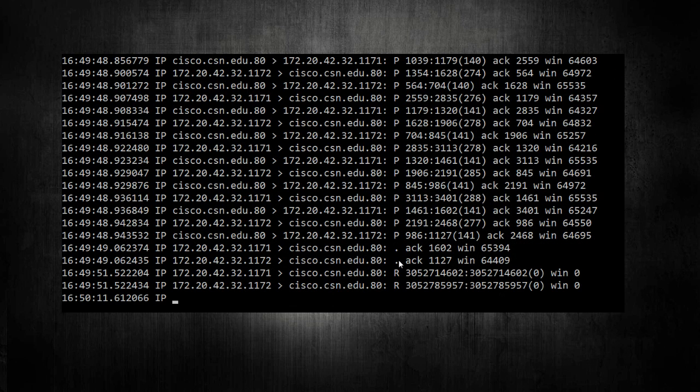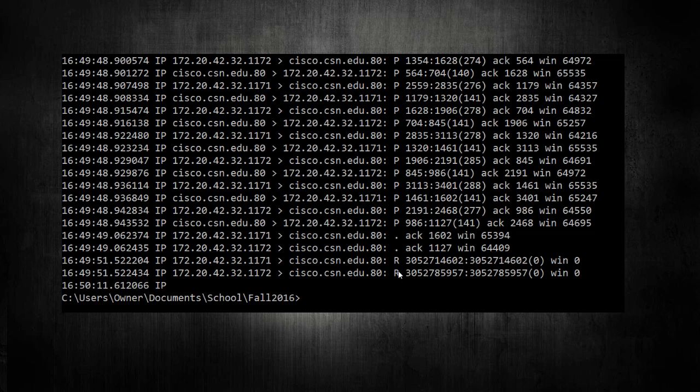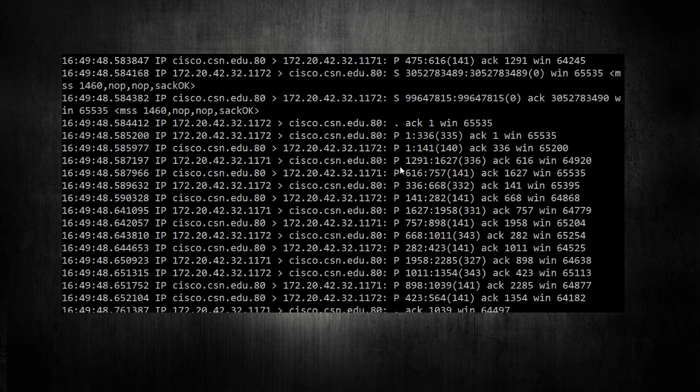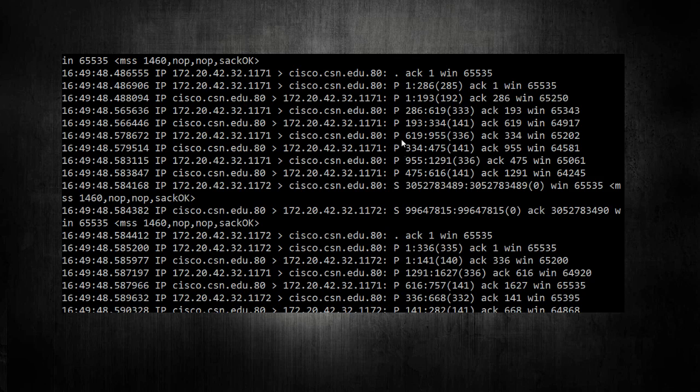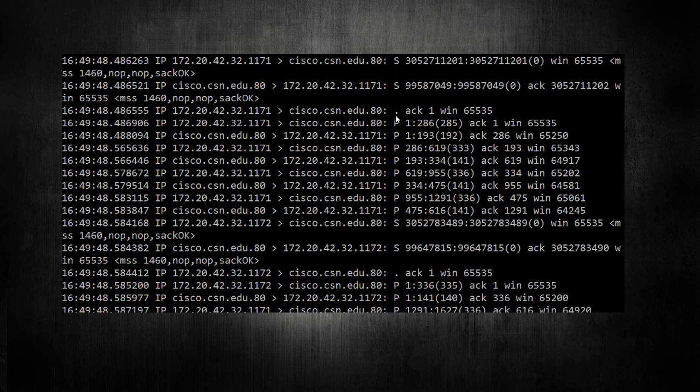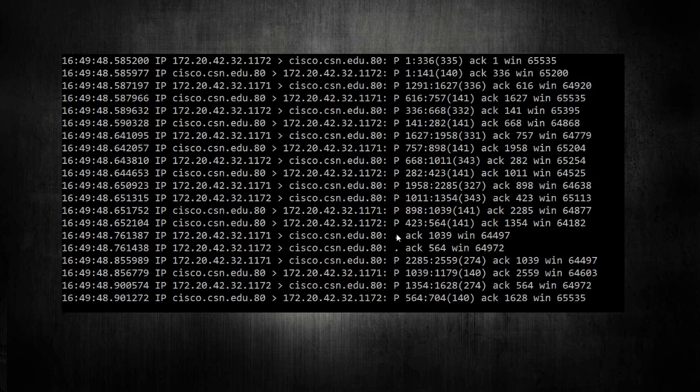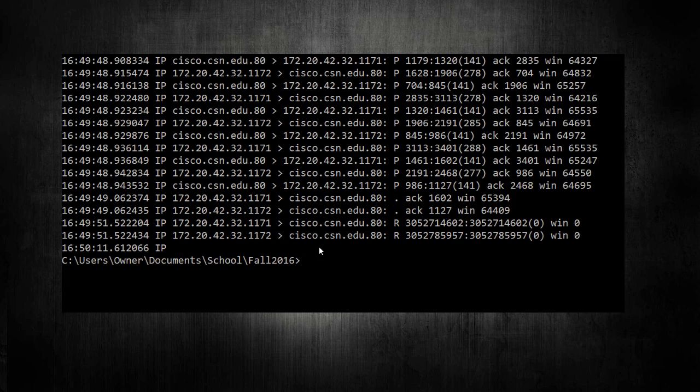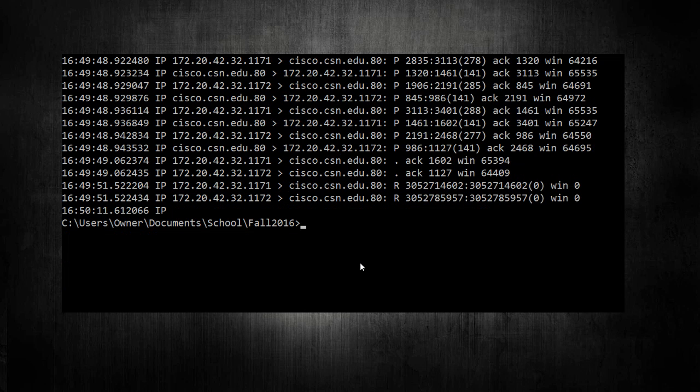Okay, that is enough. You can see right here are your flags that are set. This is a SYN flag, this is a push flag, and so on. The flags are right there, the size over here, the ports and the IP addresses, and so on.